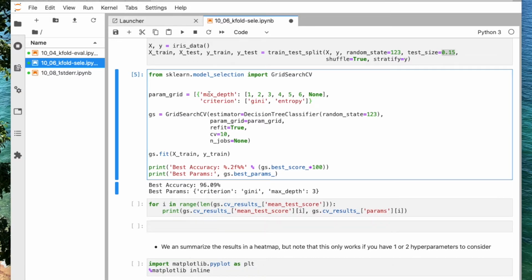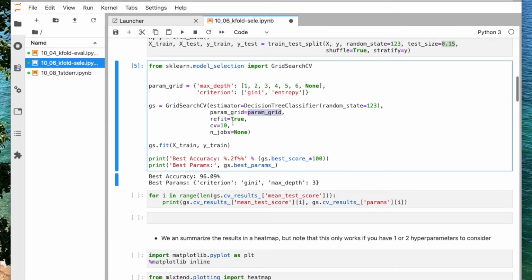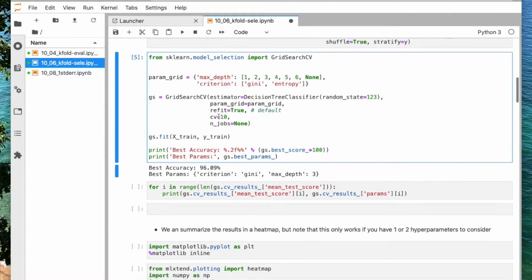Like I said, you don't need the list outside, then you can just give it a dictionary. So what we define is the parameter grid. And then we set refit to True, but this is also the default setting, so you don't have to specify this explicitly. You could technically get rid of this line. It would get the same effect. It would only have an effect if you set it to False. Anyways, so let's leave it explicitly, so then it's more clear for reading what's going on.